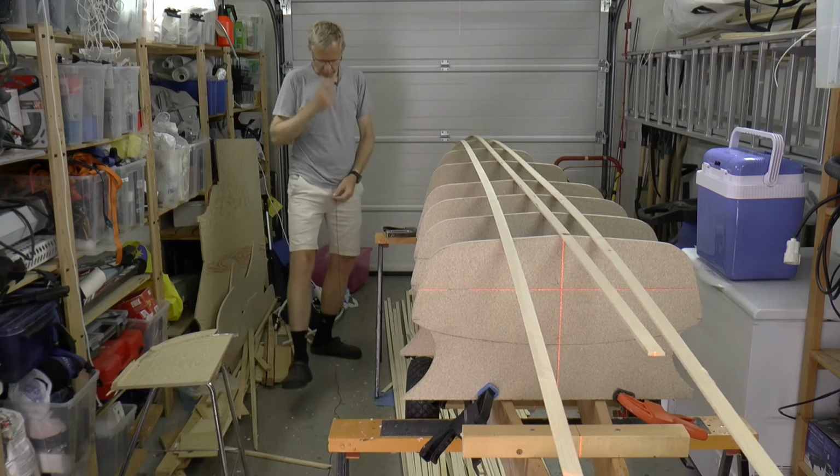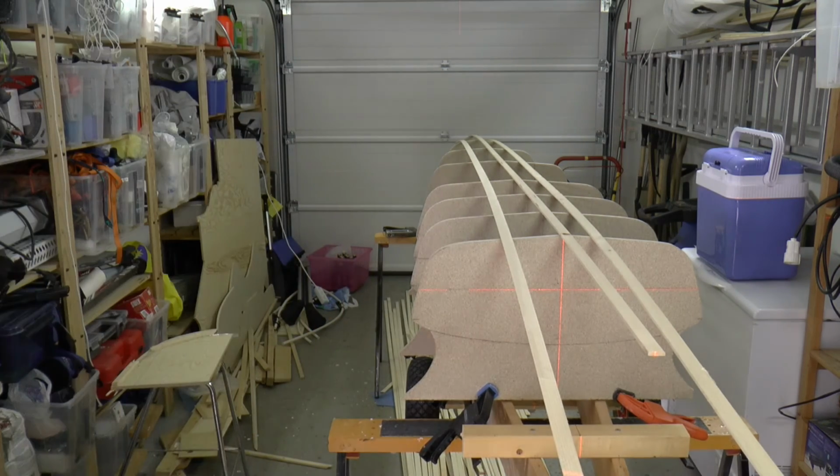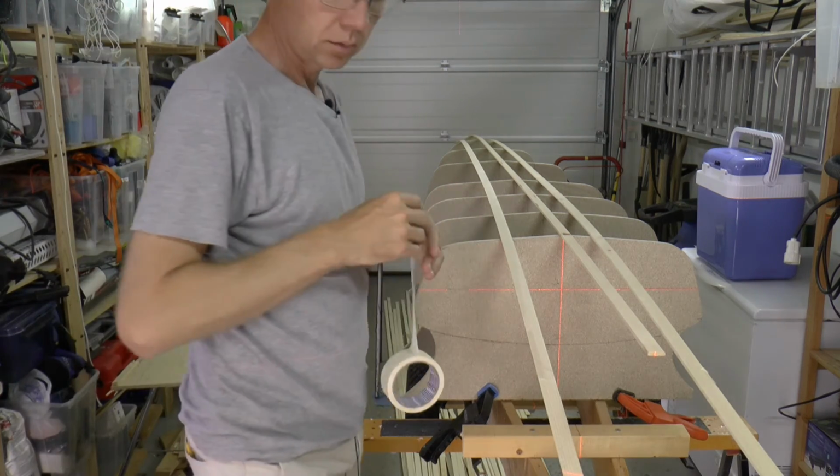Oh, I almost forgot an important step, and that is to cover everything in masking tape. Otherwise I will glue the bulkheads to...